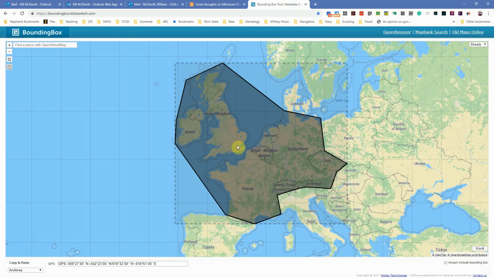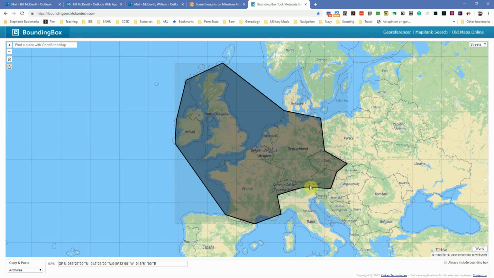Greenwich is where the Royal Observatory was in London. It still is in London. And that's 0 longitude. So anything to the west is west longitude, the western hemisphere. Anything to the east is east longitude, the eastern hemisphere, all the way around to 180 degrees east or 180 degrees west, which is in the middle of the Pacific Ocean, and that would be the international date line. So that's one way to do